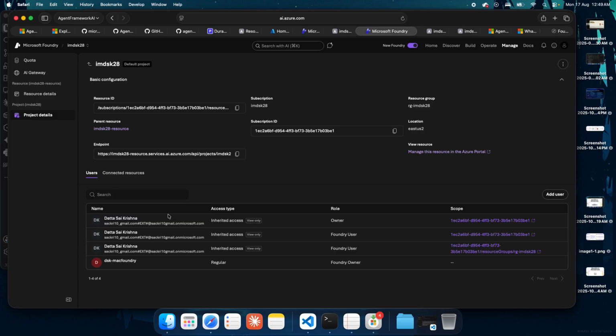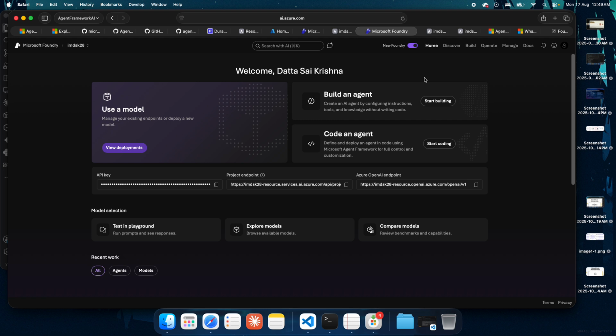So this is the new Microsoft Foundry portal. There is a switch between new and old Foundry. Let me go to home, and we can see that I already have created one project here.